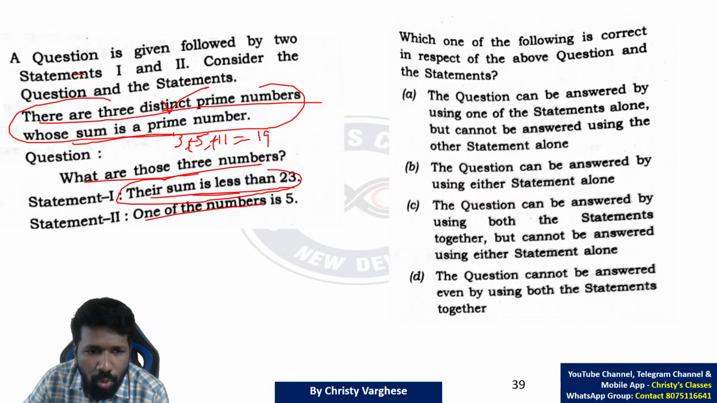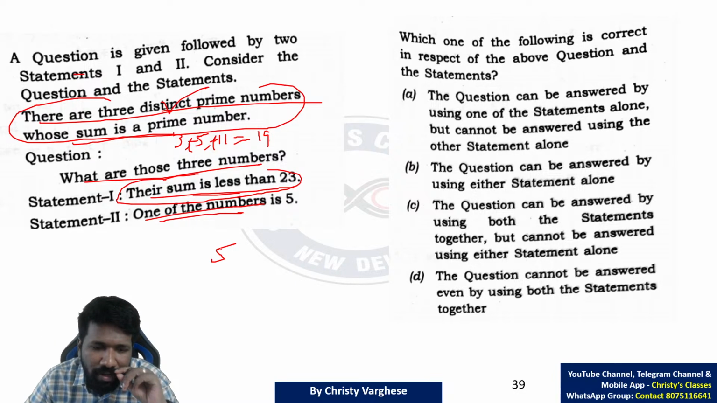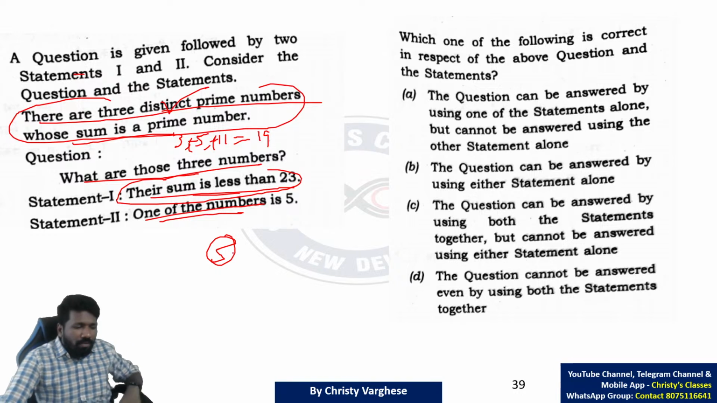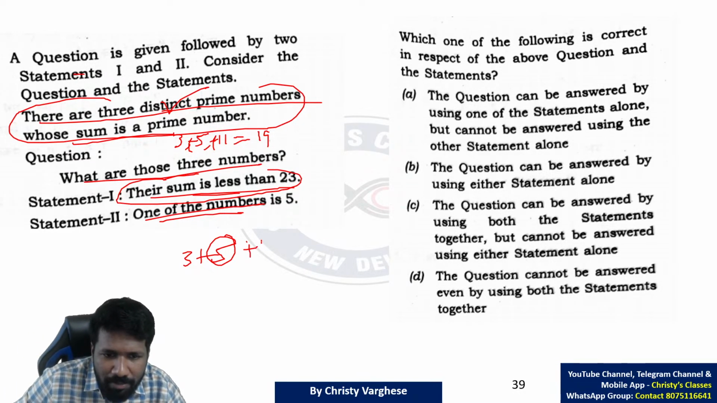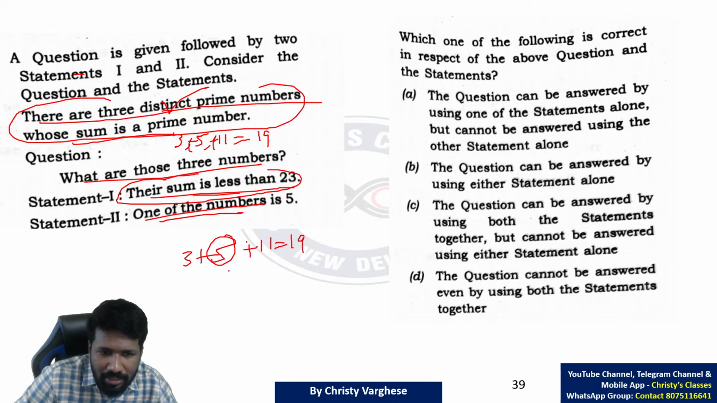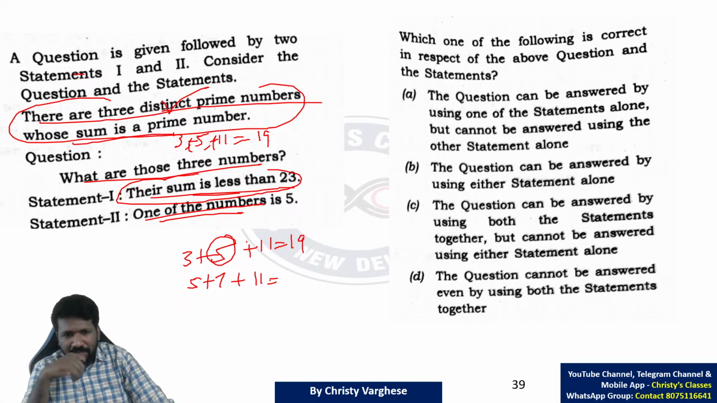What about statement 2 alone? One of the numbers is 5. That means one of the numbers confirmed should be 5. From that information, let us see the possibilities involving 5. 3, 5, 11 we already discussed. 3 plus 5 plus 11 is 19. Any other possibility involving 5? 5, 7, let us check. 5 plus 7 plus 11. 5 plus 11 is 16. 12 plus